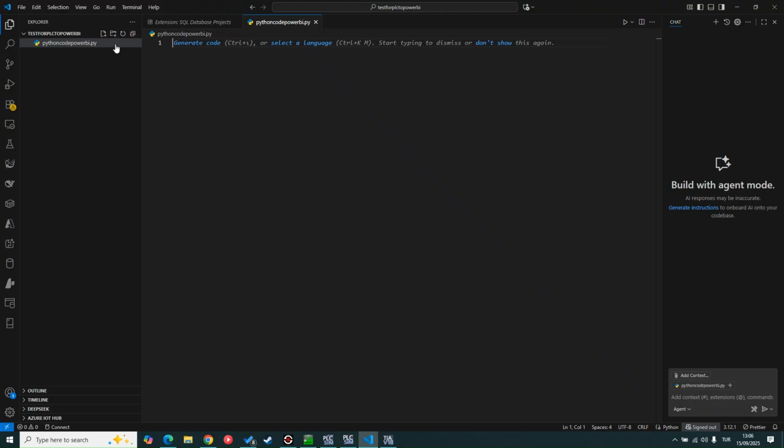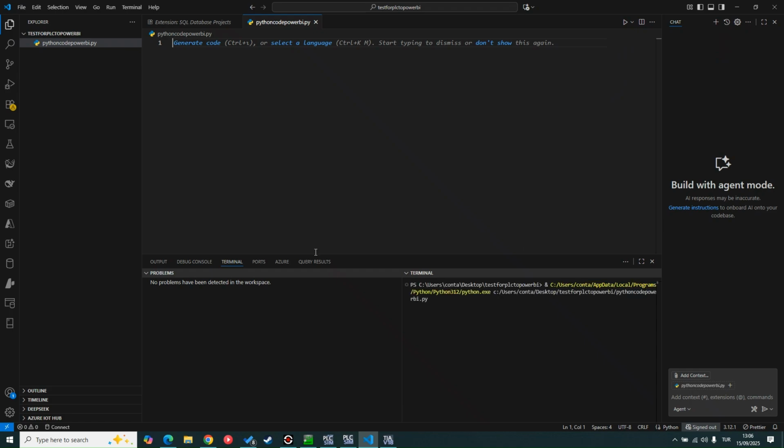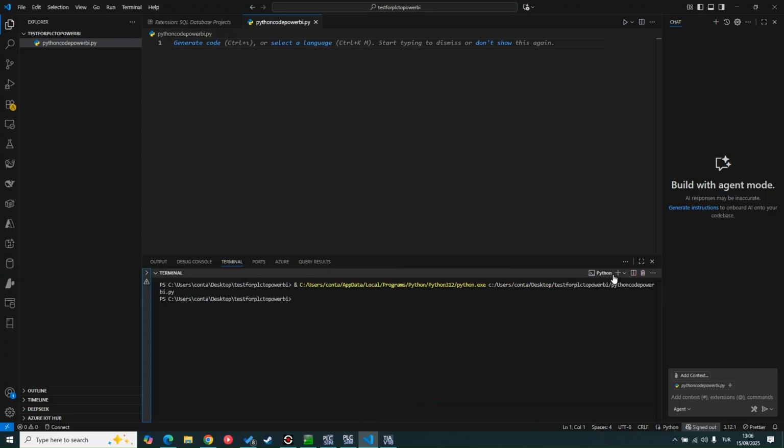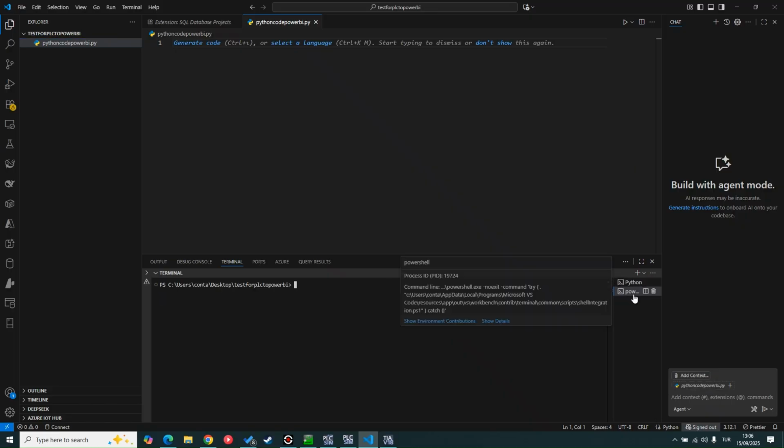You created your first Python code file. You have to press run Python file and select here, add a new terminal, PowerShell terminal,